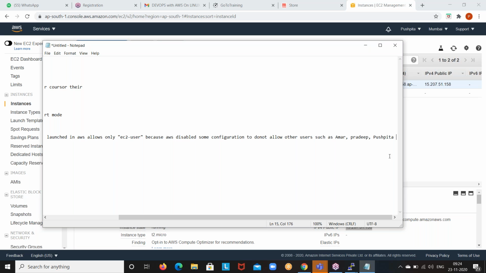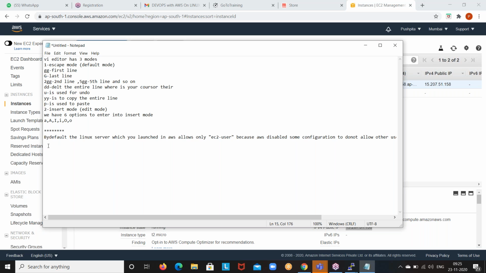So what are the things you get when you create a normal user? Any user, guys. Now I just created the Pushpita user, right? So what did I receive while creating that user? Write down the username. Username means my Pushpita. User ID: every user has one unique ID, guys. The user ID is for system reference. I remember the user by username, and the system refers to the same user by user ID.